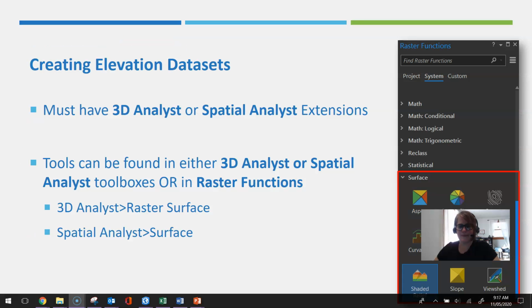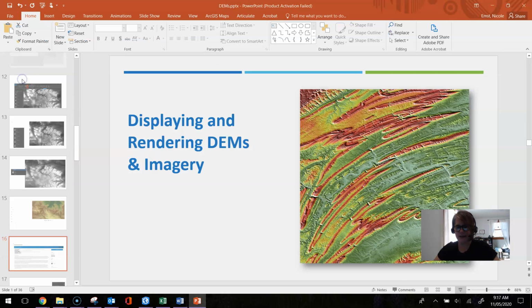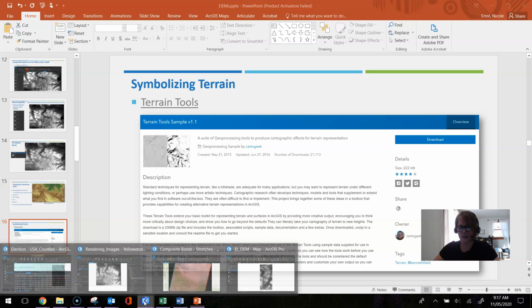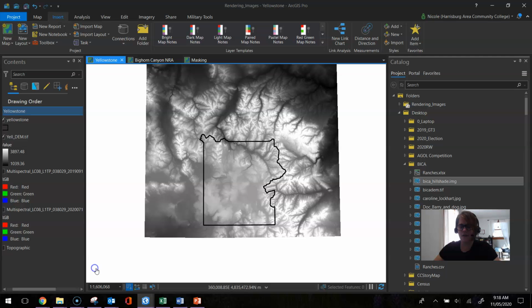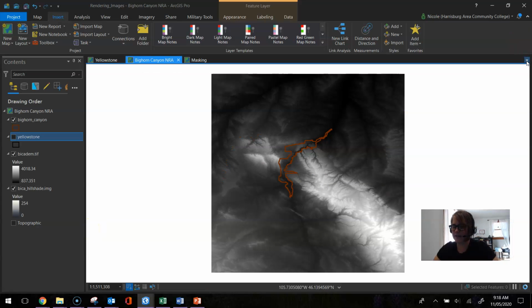So let's go to ArcGIS Pro again, and let's go to this project, and I'm going to start here. This is Bighorn Canyon National Recreation Area, which is located in both Wyoming and Montana. Yellowstone's actually right here. It's just right off this digital elevation model. And right now we just have a